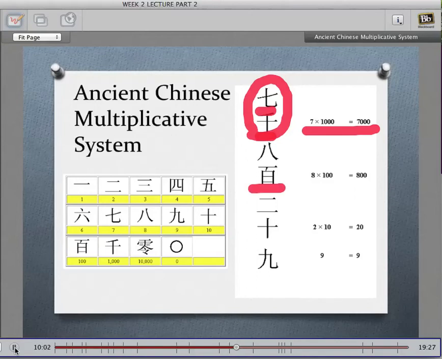This is 8 hundreds, this is 2 tens, and this is 9. So this particular number would be 7,829. It's a multiplicative system because instead of putting 7 1,000s, they put 7 and 1,000, which tells us that